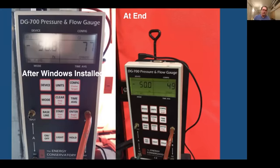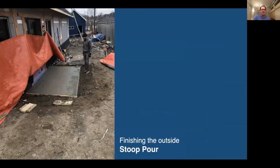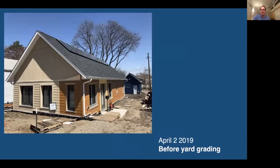Okay, maybe, yeah, something like that. Whereas your standard build house would be 1 to 3. So very tight compared to a standard build. You're at least 10 times tighter. Right. Yeah. And then here they're installing the solar, and then pouring the slab, and then putting the